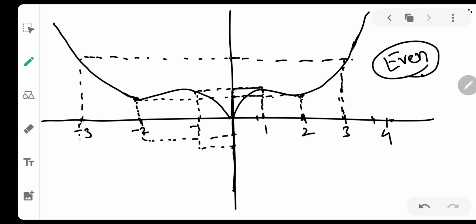Okay, I will try my best to draw a very natural and very nice looking graph, but if I can't do it, please spare me. Okay, now the values are plotted.